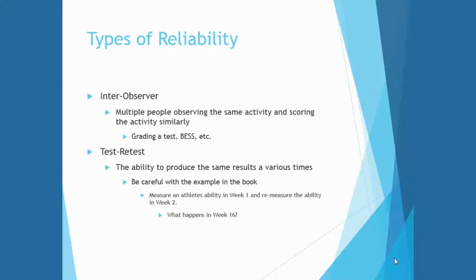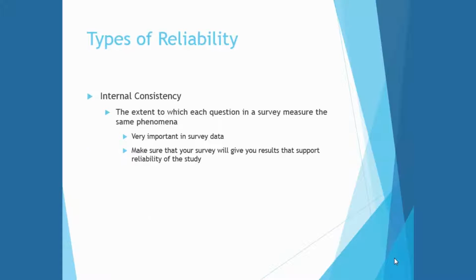Now, let's say that we have a paper and I send that paper out to all of you and you each grade the paper and submit it back to me. All of your scores should be very similar. If someone graded it out as a 90 and then someone else graded it out as a 99 and then someone else graded it out as a 74, we have a problem. We do not have inter-observer or inter-rater reliability. So this semester, we're going to learn the math behind how to do that.